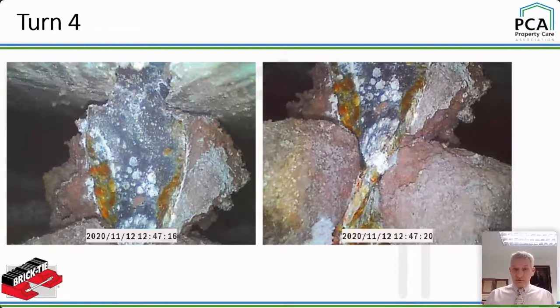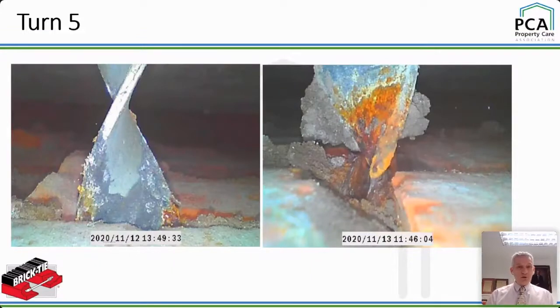Same building, built in 1970, by the way, or in the 70s. That's as close as we can get for this one. More corrosion, red rust pitting, all the rest of it. I think you condemn that with the borescope anyway. But again, look at the left. This is the same elevation of the same building. We've got the twist tie. On the left, you've got that difference in zinc, and on the right, red rusting.